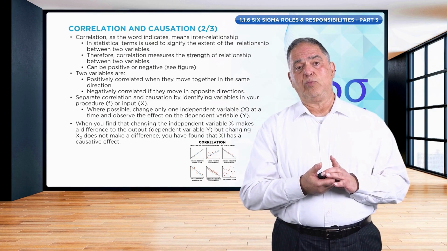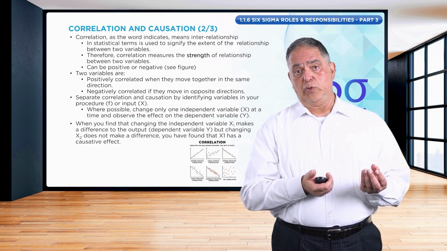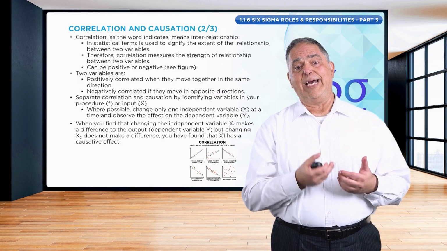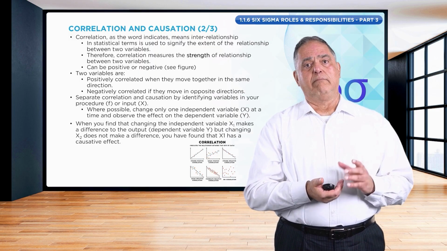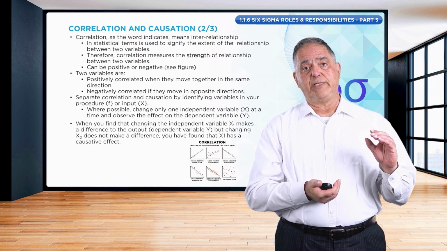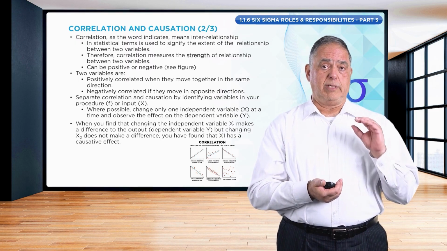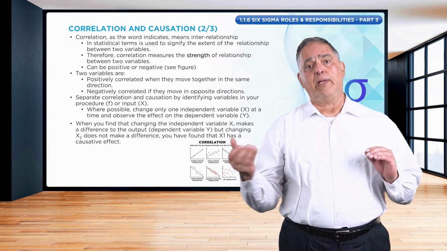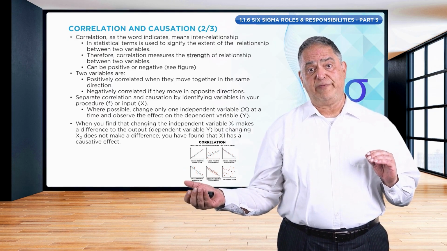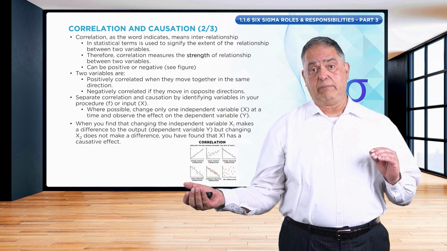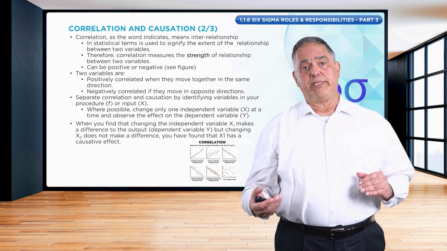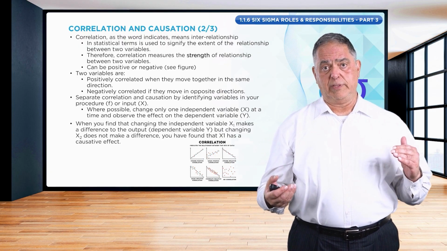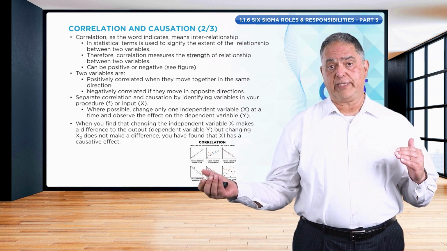An example. Let's say that we want to test a new drug and see how it affects the blood pressure of a patient. This means that we can administer it, for example, at a low dosage, like 10 milligrams, and see what kind of effect it has on the blood pressure of the patient. Then we can increase it to 20 milligrams and also measure what kind of effect it has on the blood